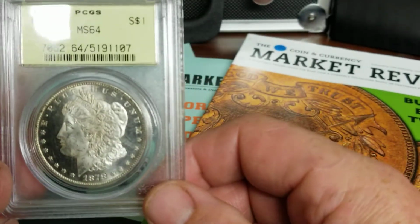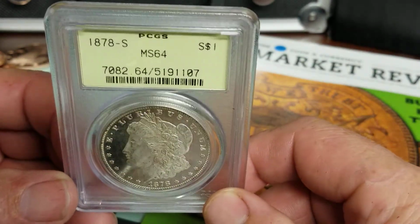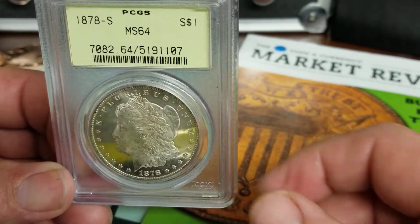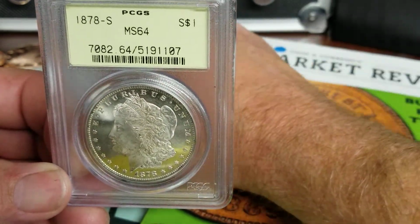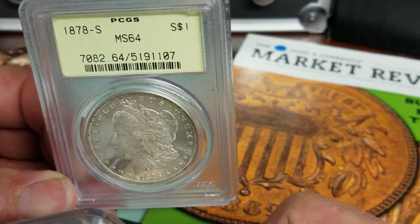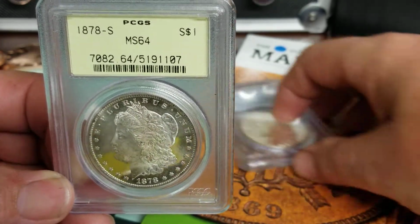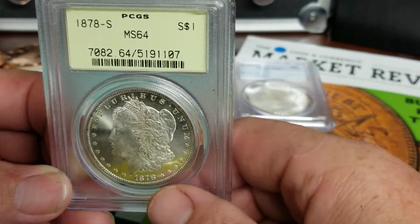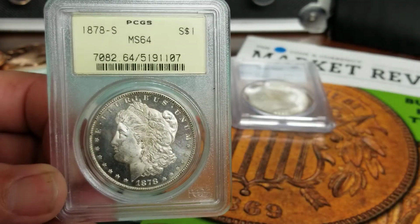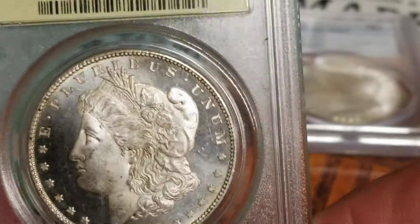1878S Morgan dollar MS64, and you can tell right off the bat why it's not proof-like or even deep cameo. You can clearly see the reflection in that coin. The reason for that is because of the reverse. But before I show you the reverse, as far as the grade of 64 goes,